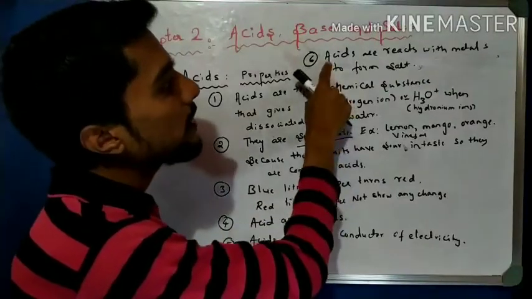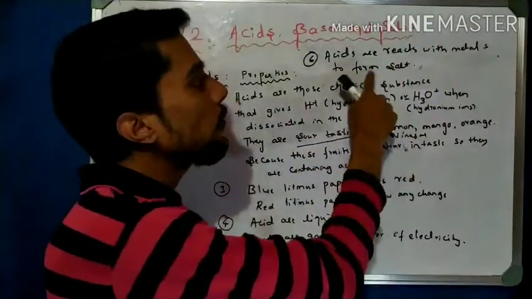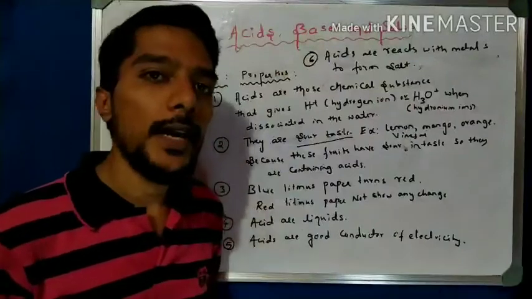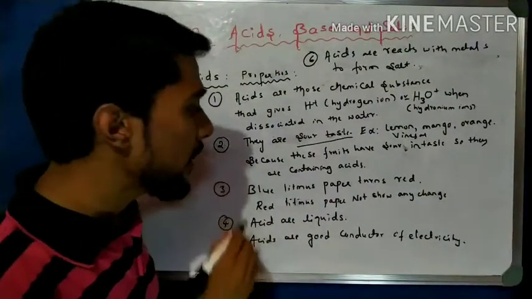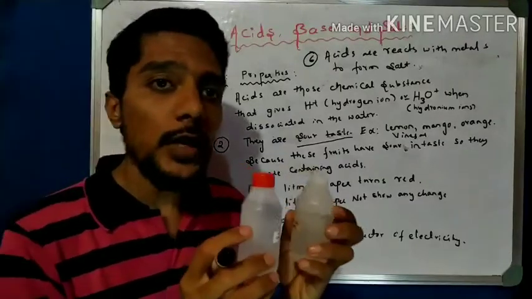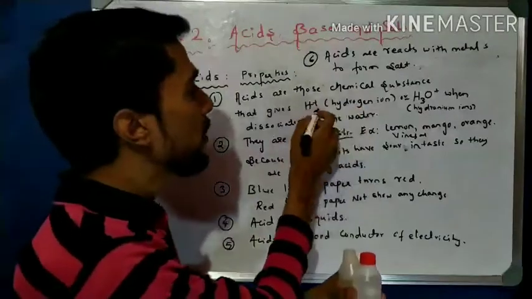And the sixth point is, when acid reacts with any metals, maybe zinc, maybe magnesium, any metals, they form salt of that particular metal. Another very important point here, acids are liquid. In the liquid state only, when acids are present in liquid state, then only they give H plus ions. That is also a point to remember.